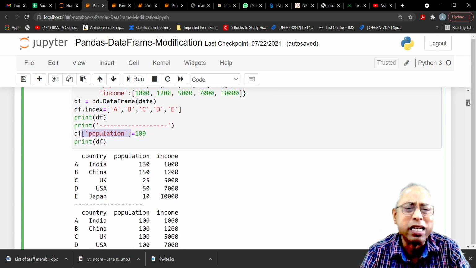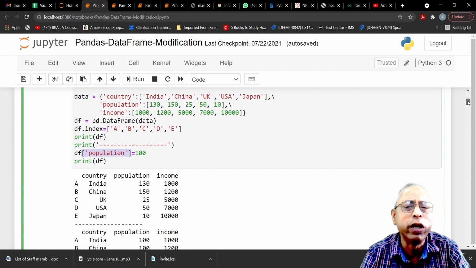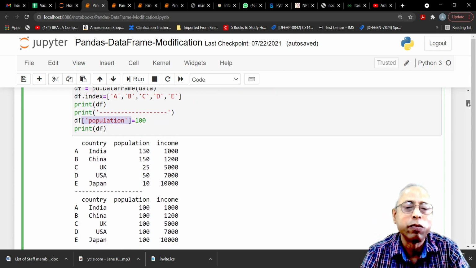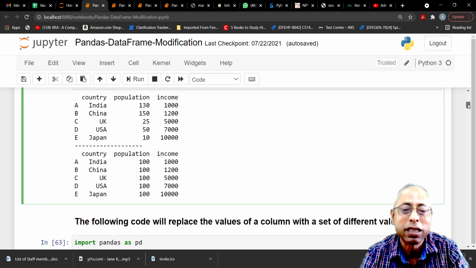It is not often desired. We don't do it, but still this is a way to modify the content of a column with a single value. If you don't want that, we need to provide a different set of values for the column.